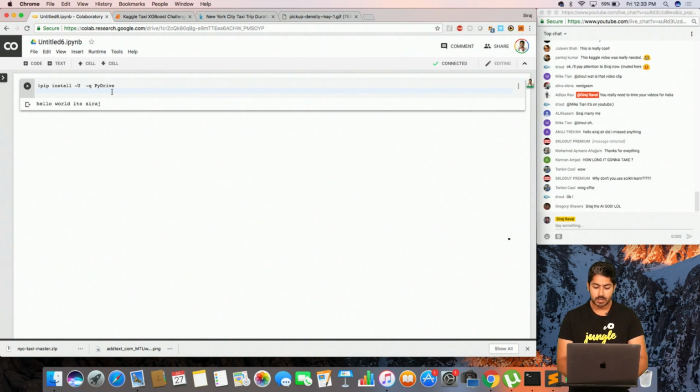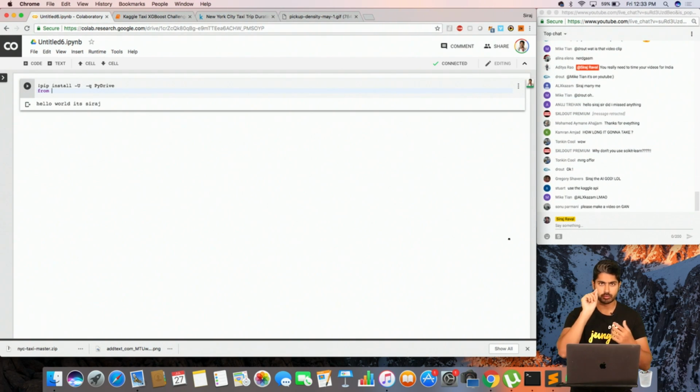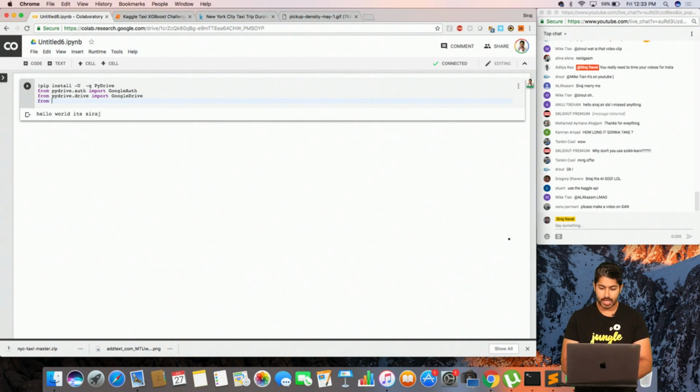Okay? Okay. So PyDrive is our dependency for us to be able to import data directly from Google Drive. Okay, so just remember that part. I'm going to talk about what I mean. I have a few sub-modules from PyDrive that I'm going to import, like Google Auth, because we're going to need to authenticate with Google. I'm going to import the drive, of course, because I need to be able to access Google Drive as well. I need to be able to access Colab.